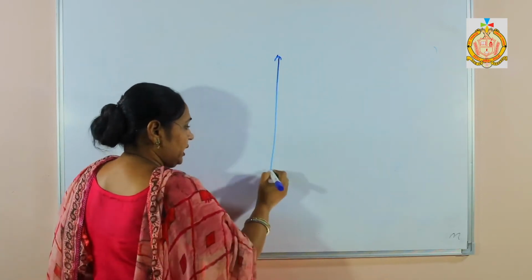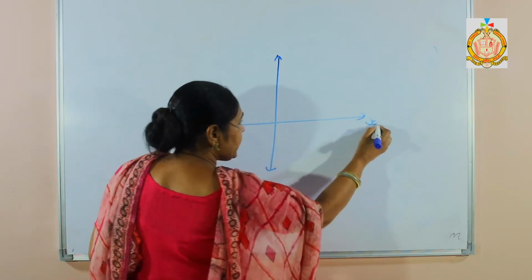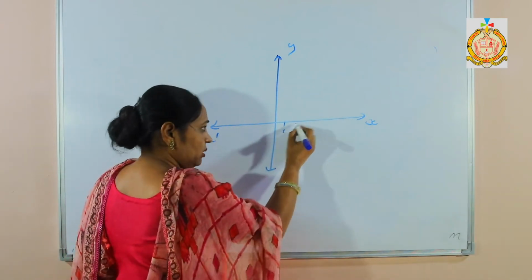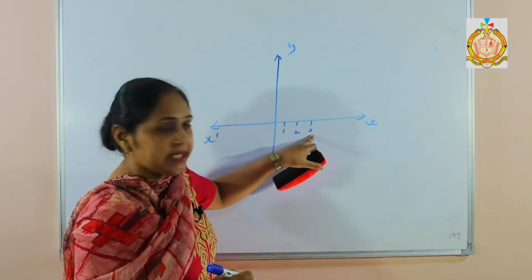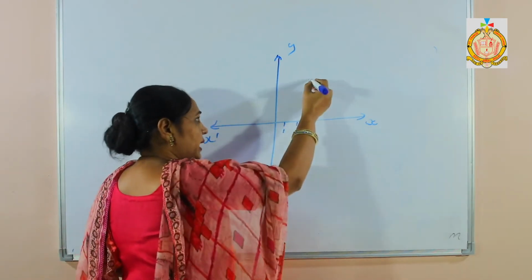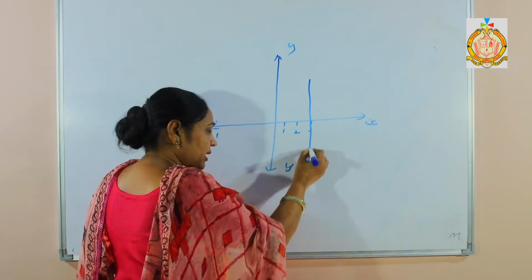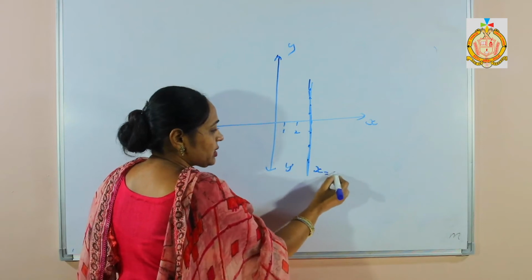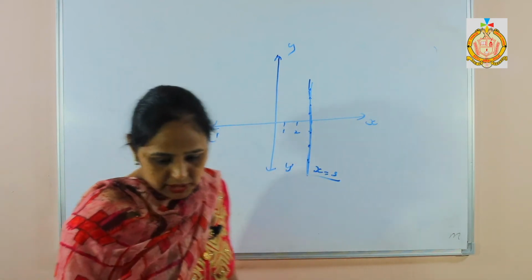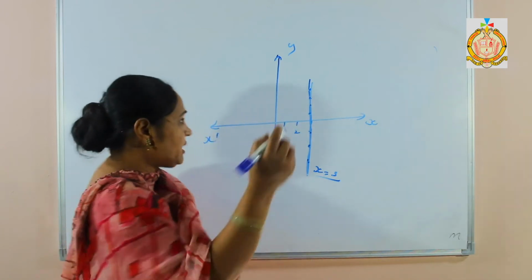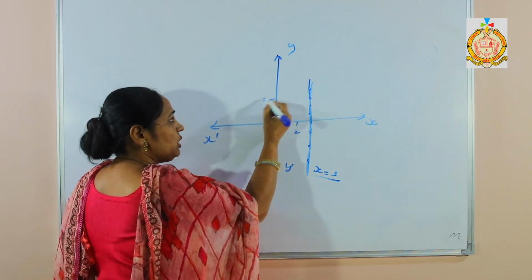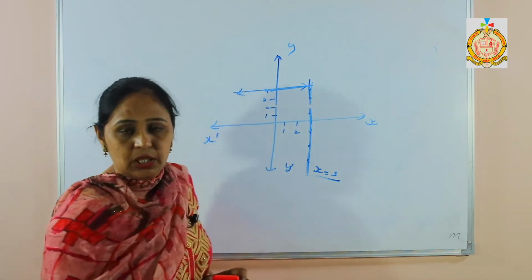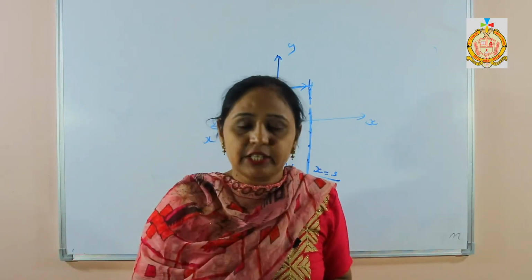That means I will take the x-axis and y-axis on the graph paper. Now x is 3. 1, 2, 3. This point is given and the line passes through it. That means the line will be like this one. On this line, x will always be 3. I don't know the value of y because the answer is given as x equals 3. In the next one, y equals 4, fifth part. That means I will take on the y-axis 1, 2, 3, 4. Then I will pass the line through y equals 4. That becomes my answer. If one point is given, just draw a line passing through that point.